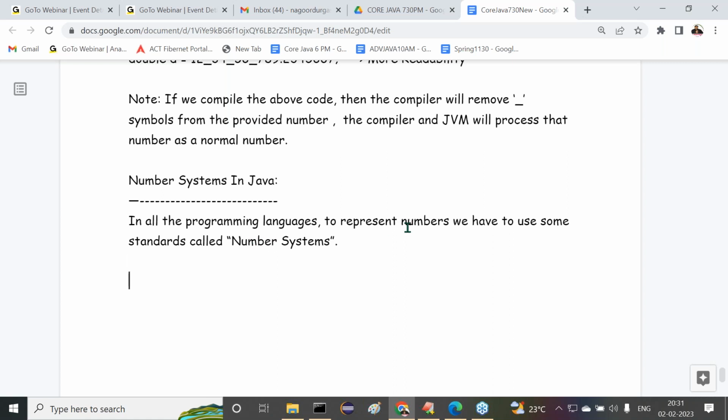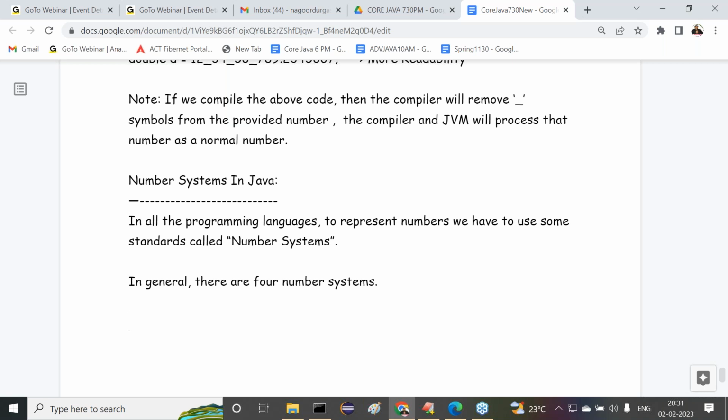In general, there are 4 number systems. How many number systems are available? 4 number systems exist. Overall, 4 number systems exist.